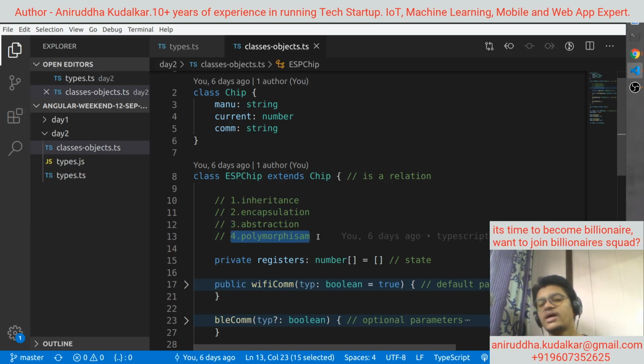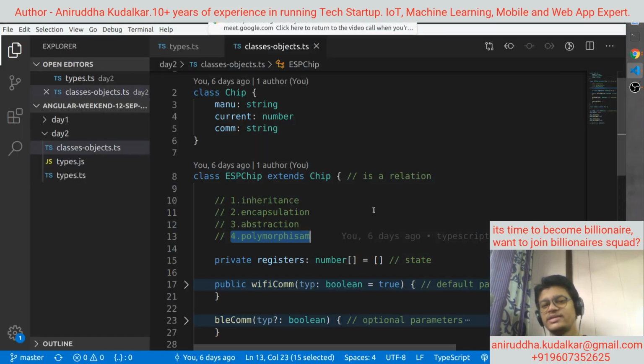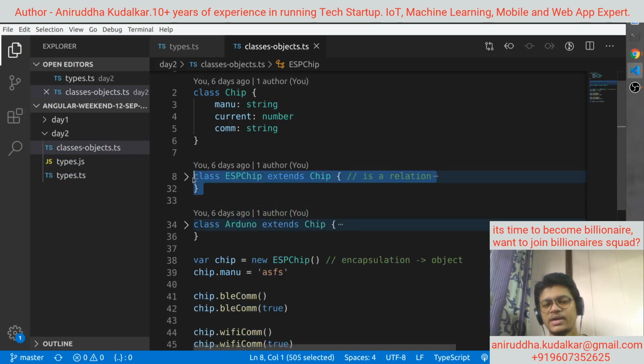Remember that I am telling you in detail, but if you want to become an Angular developer, it is absolutely not necessary that you should know and implement all these things. I am telling you all this just for your additional knowledge.